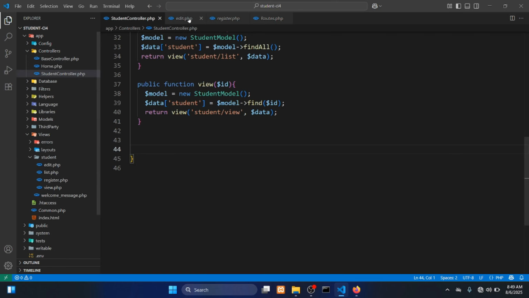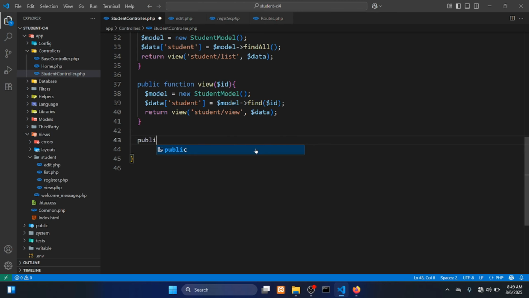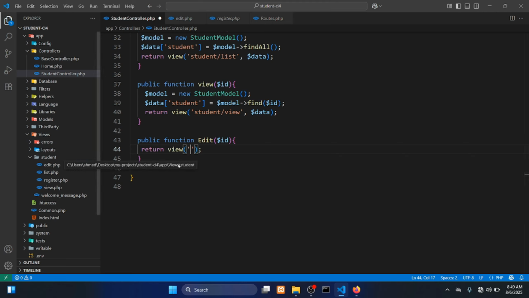I need to call that edit.php in my controller and routes, so I need a method, public function edit. We need to edit students by ID, so I put ID as a parameter of that method. Return view, student folder. Then we need to call edit